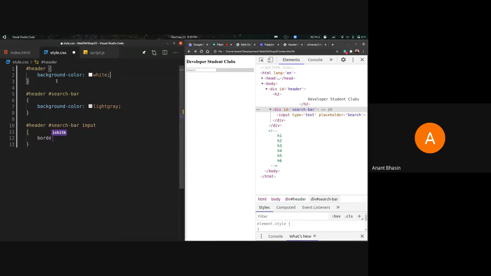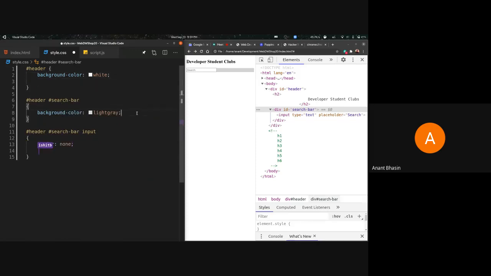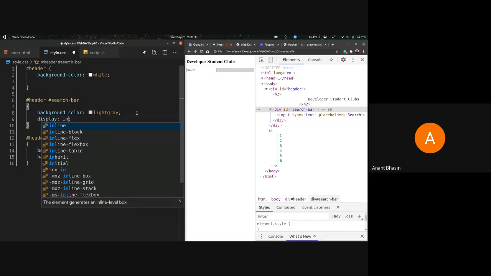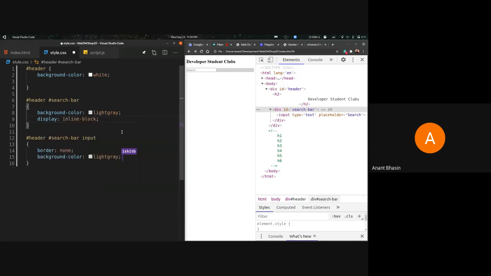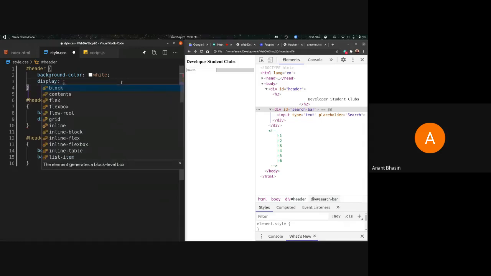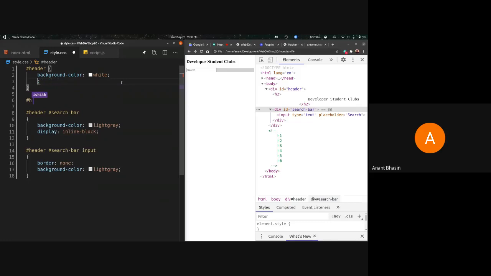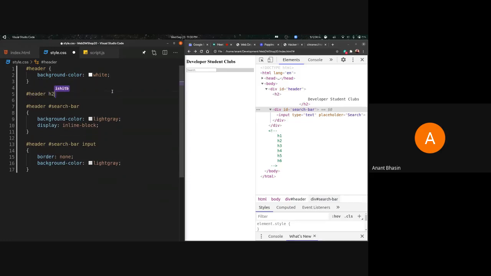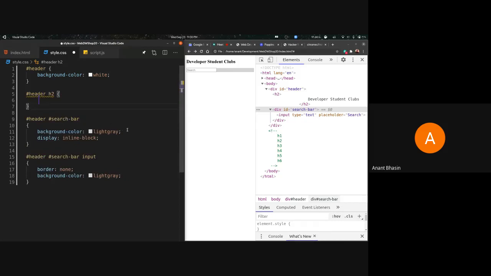Till then, what I'll do is I'll add the styling for the header itself and the header search bar. So this might be a bit fast for everyone. We'll cover everything in the end. So the search bar itself needs a display of inline block. And we're not actually giving this the final styling because the final styling is going to be a bit different. It's going to use some styles that we haven't covered yet. So sorry, we don't want to change the display over here, but for the H2, we want to also give it a display of inline block.